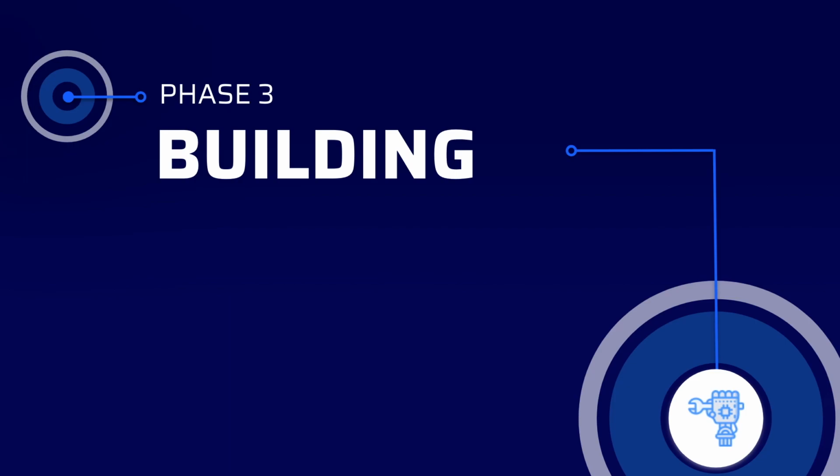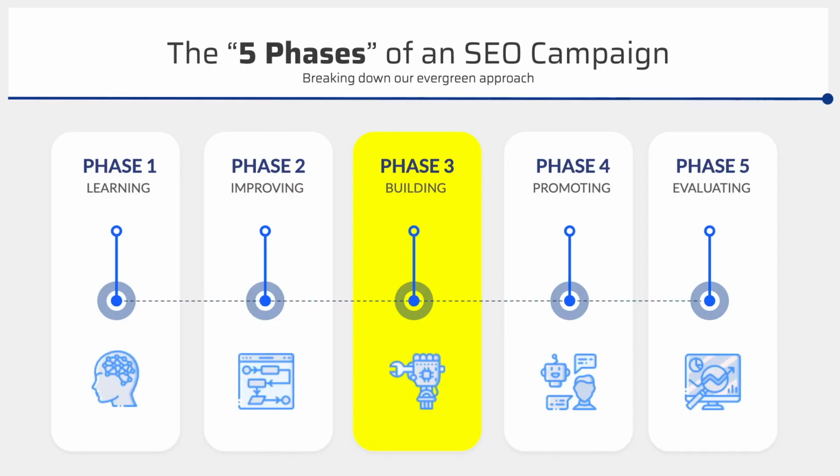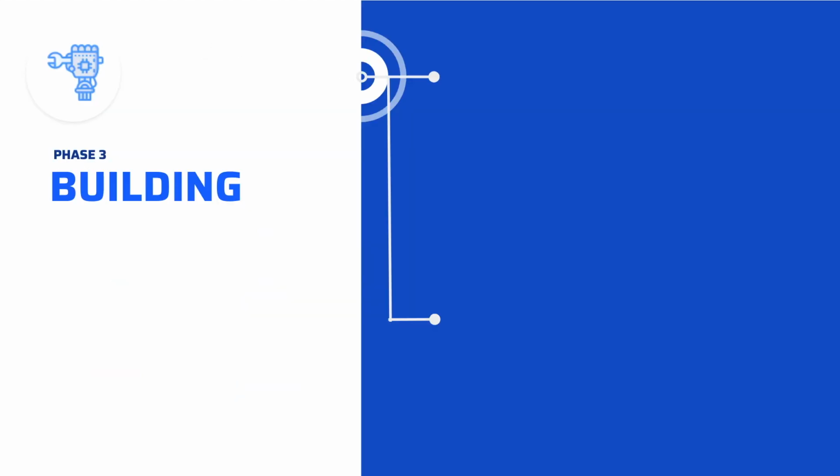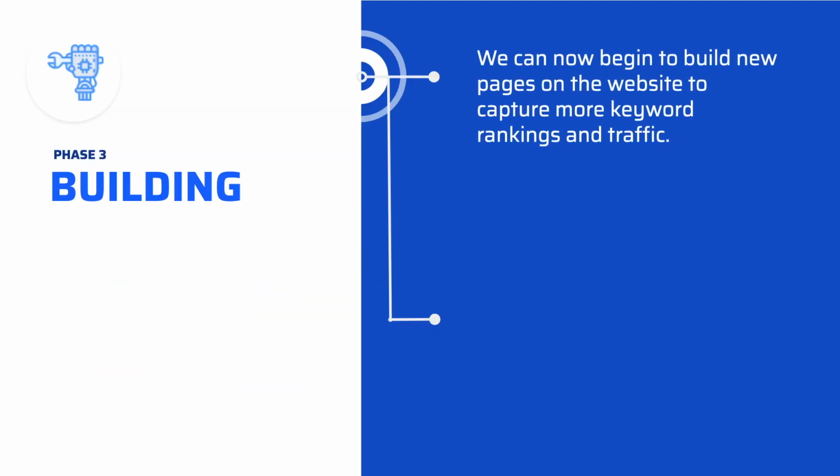Here we are. Welcome to phase 3. This is what I call the building phase. So we've been through the first two, learning and improving. Now we're going to start actually creating stuff. So what we do in this phase is begin the process of building new assets. So pages, blog posts, content, whatever you want to call it, on the website to capture more keyword rankings and